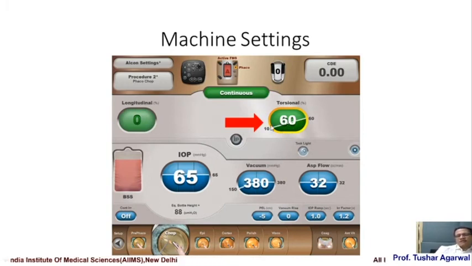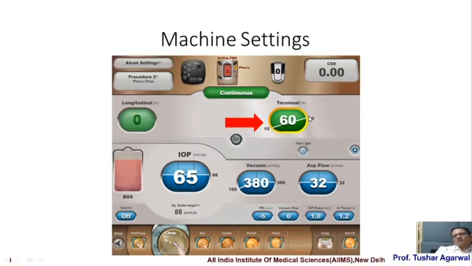The important thing to know here is that this gets activated when you are in position 3 of the foot switch, and you should normally try to keep this at a linear control. For example, if you see in this chart, it says 10 to 60 and it shows a line which goes at an angle, which means that I will have a linear control over the torsional power when I go into position 3. So as the baseline is set at 10, it will immediately begin with 10% of the maximum power at the beginning of position 3. And when I go towards the end of position 3, it will slowly go till 60% of the power.